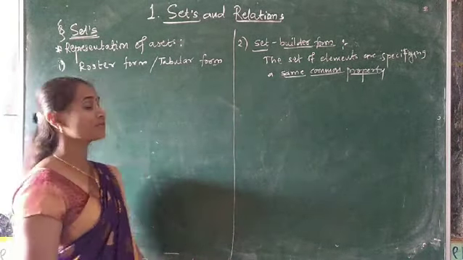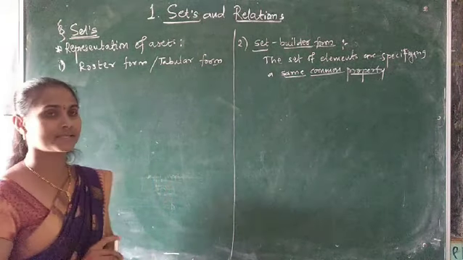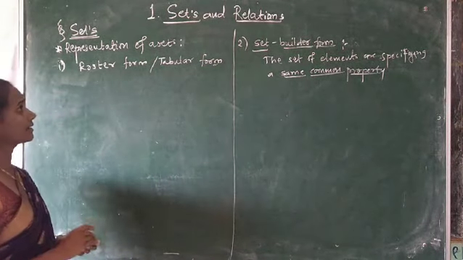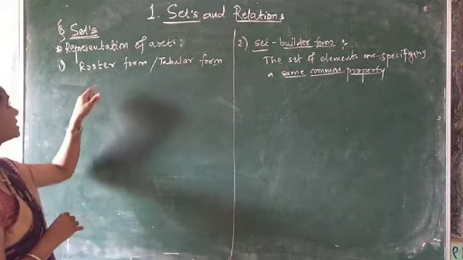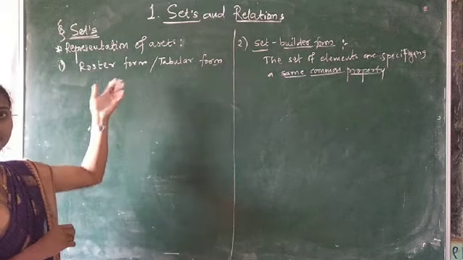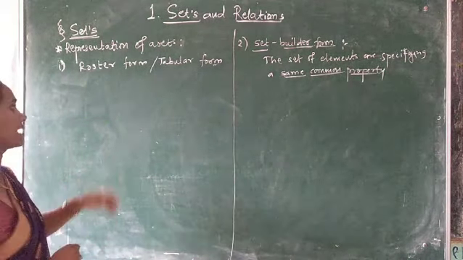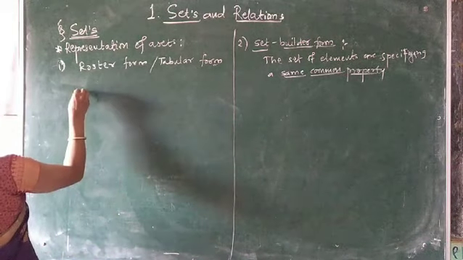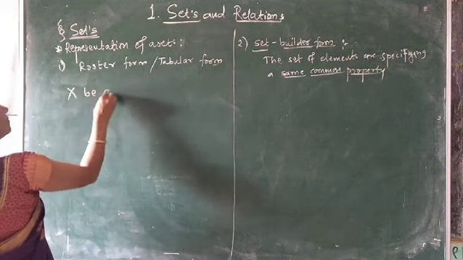So first of all, what is meant by set? A set is a collection of well-defined objects. Simply it is called a set. And in yesterday's lecture we saw how to represent a set in roster form. Now see for example, write X be a set of